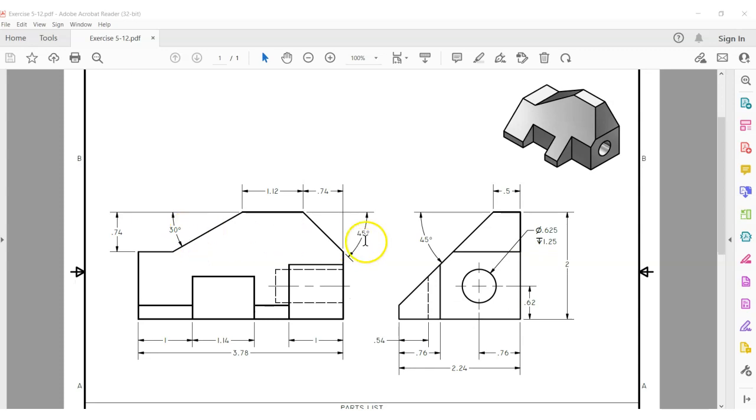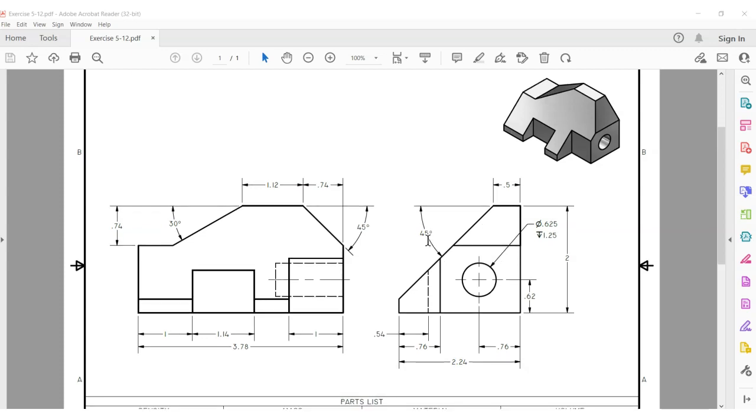You'll see this says 30 degrees, 45 degrees, and 45 degrees. Some of you know how to do this. Some of you, this might be new. So if you need this video lesson, watch and learn and create the part with me. Otherwise, if you think you can do it, then just use the technical drawing that I've provided to work on